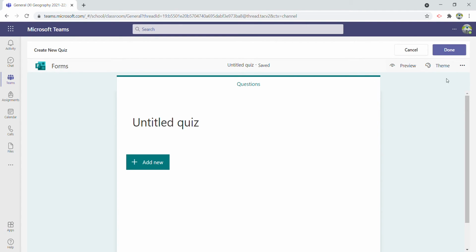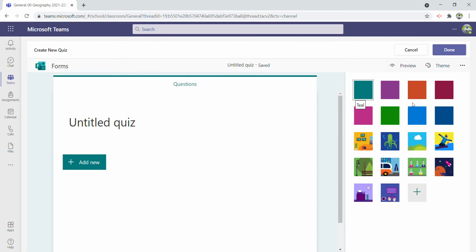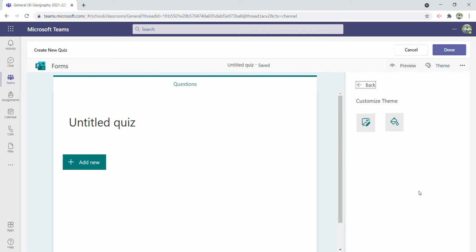Now, according to your theme, for example, you want to teach about revolt of 1857 or a particular case. So you can just pick up a theme. If you like these kind of background on your form, you can use it. Or if you want to have something from the internet, you can even have it.